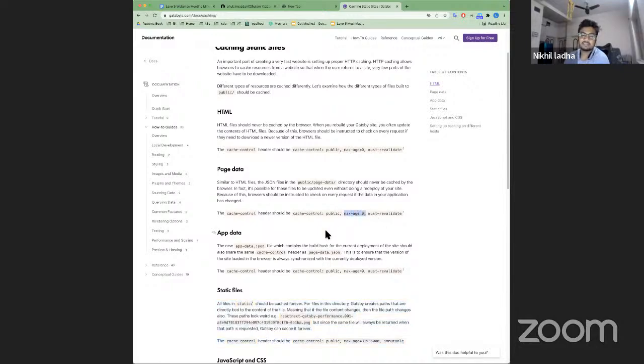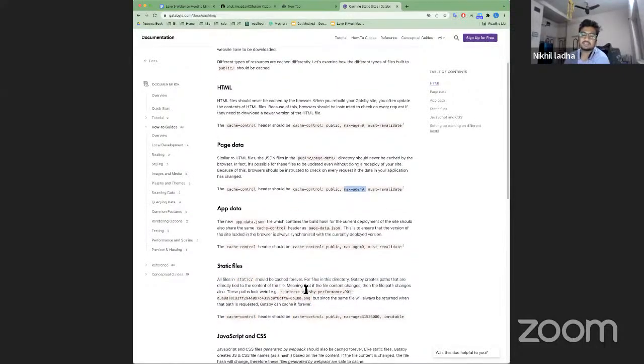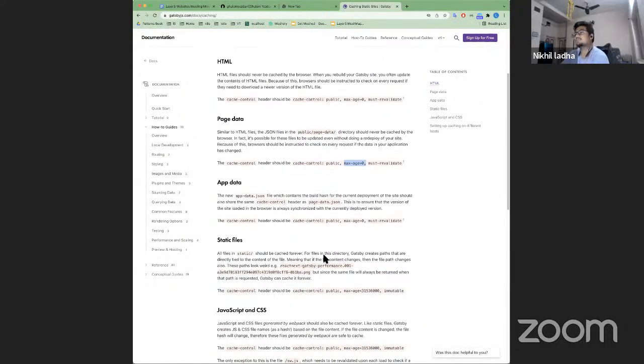But for static files, it is the maximum, which is I think years, because it changes hardly. Most of the time, it's the same image. At max, new images might get added, but they're not replaced very soon. So that's the reason images, which are static files, get the highest age.